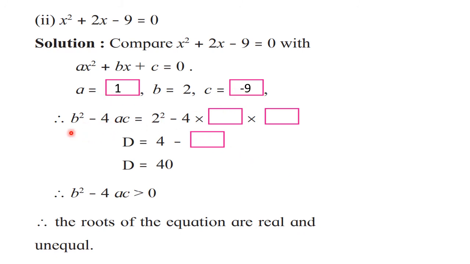Now the next thing is to find out the discriminant, that is b square minus 4ac. So 2 square minus 4 into the value of a, which is 1, and the value of c, which is minus 9. So you need to write them down here. See, if you make a mistake here, then again you are going to make a mistake here. That is why the same things are given as unknowns. Okay. So if you write the answers correctly here, here also you are going to write the correct answers.